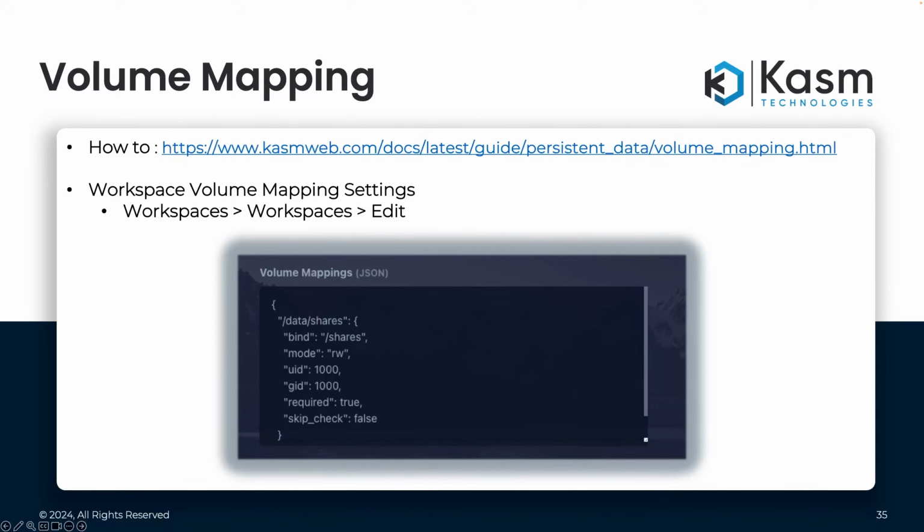And this last one here, skip check, is an optional one. When a workspace is provisioned, the system will attempt to establish connectivity to the volume specified and ensure that the ownership of the directory matches the UID and GID specified with the chown command that we used. On some file systems, such as those mounted as read-only, this check will fail and error out. The administrator may choose to set this value to true, so the system will skip that check. By default, this setting is set to false if you don't include it. We just find it best practice to have it spelled out so that you know without a doubt.